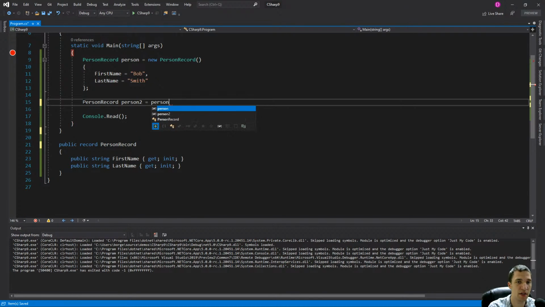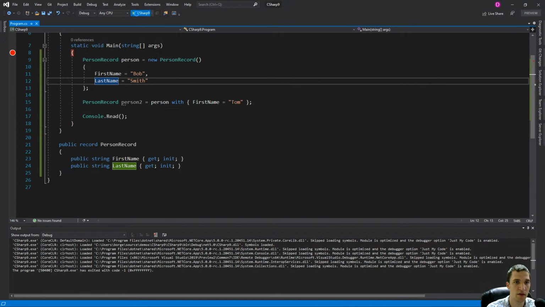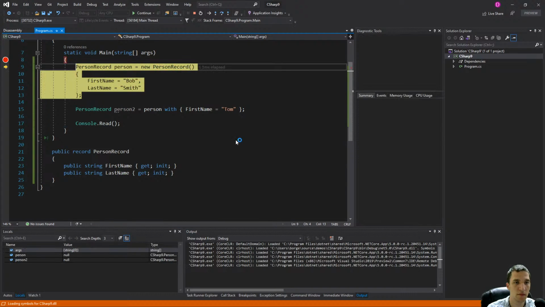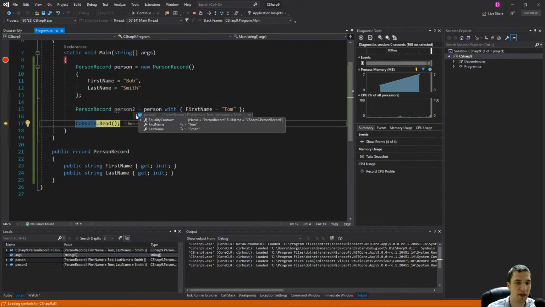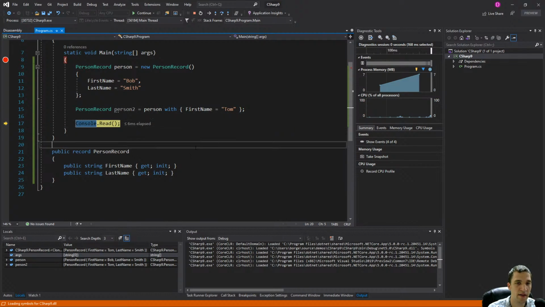Person2 equals person with, and in there I can put whatever different things I want. So maybe I want first name equal to Tom. So what is that going to do for me? That's going to copy the entire person record, but it's going to change the first name to Tom. And if I go through this and put my mouse over it, you'll see that the first name is Tom and the last name is Smith. So that did work,